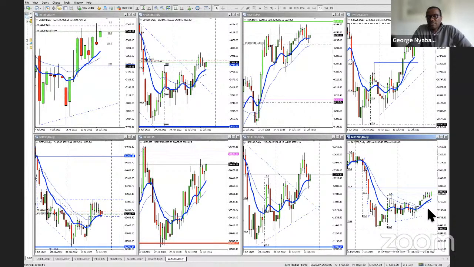So bears anticipate that the market will bounce off at one of these levels and then come back into the apex, and that's the initial objective. If they achieve that, then of course they want to come back and test that low and hopefully break out. Now we are in a tight trading range right here. The last 3 candles, the market is going sideways.